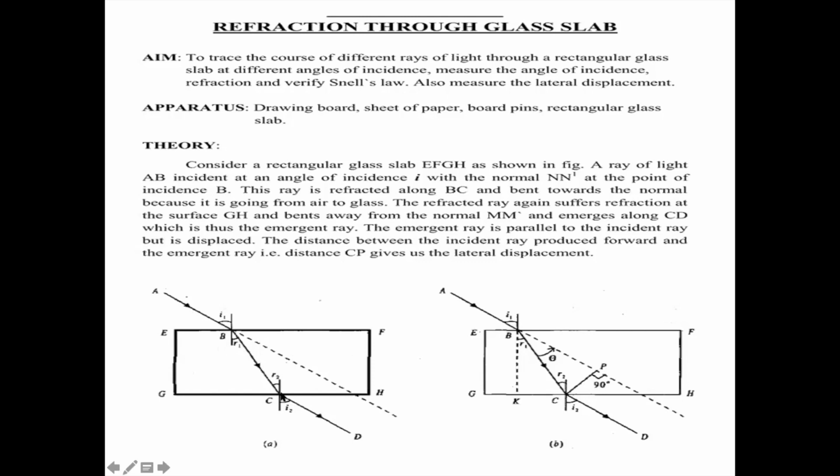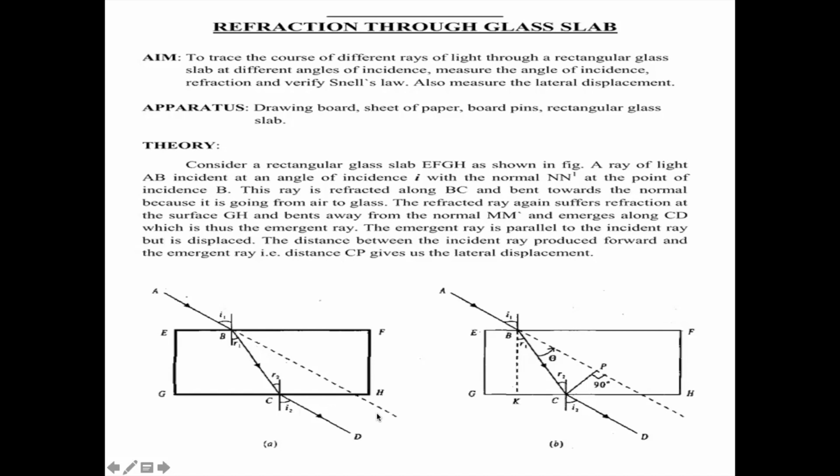When you make a line straight, you will see that the line is over here. Join these two lines. So this is an incident ray, this is a refracted ray, and this is an emergent ray. Now, draw this incident ray of light straight. What will happen if the light will pass straight? So this I have drawn.